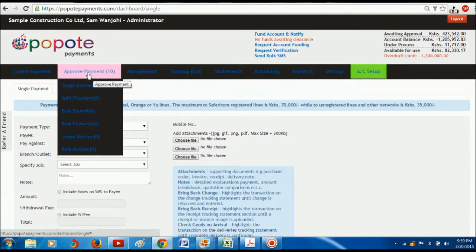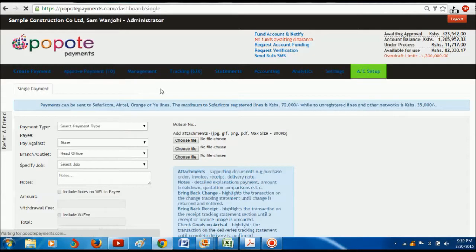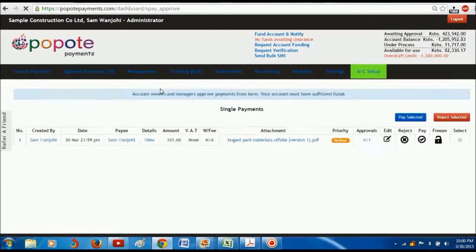So we come here and we can see there are 10 payments awaiting approval. Click on single payment, and that payment that we just created is here. So created by, the payee name is here. In this case it's the same as it's a demo, and the amount and the